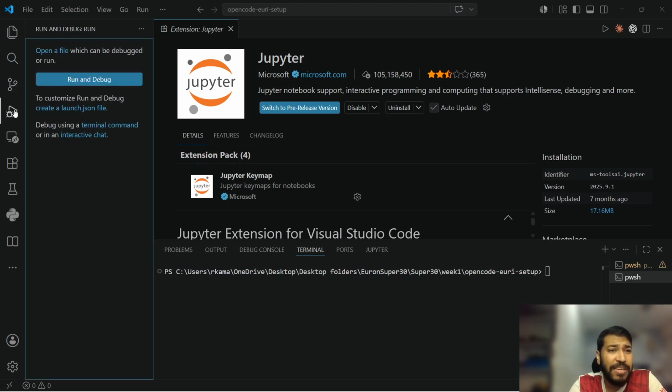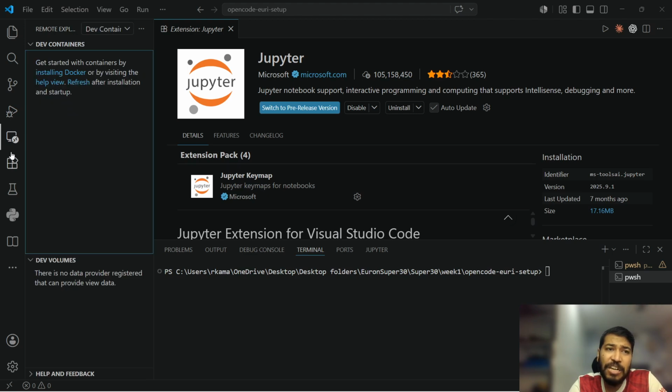Apart from that, you can see here it is also auto enabled, giving a feature of run and debug. You can run your code line by line, you can debug it line by line. Then it also gives you a feature of the remote explorer. So this is a very special feature, I would say, because